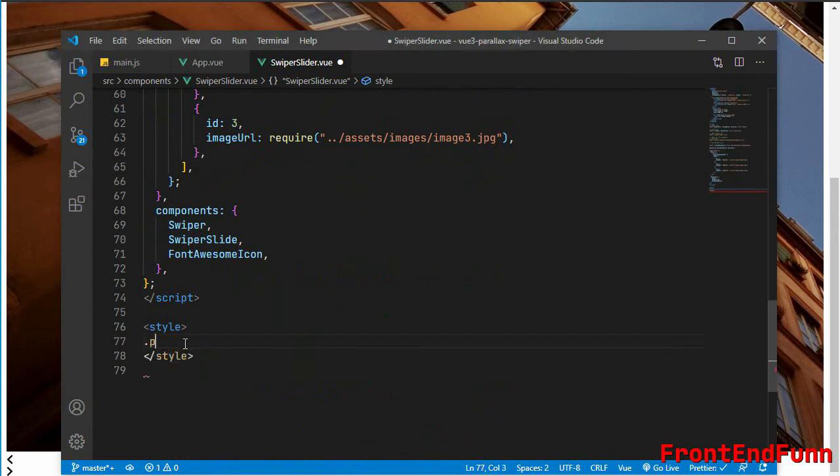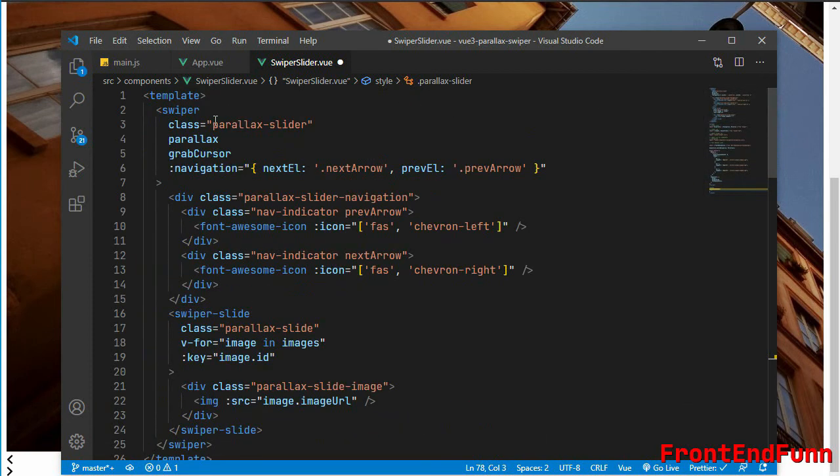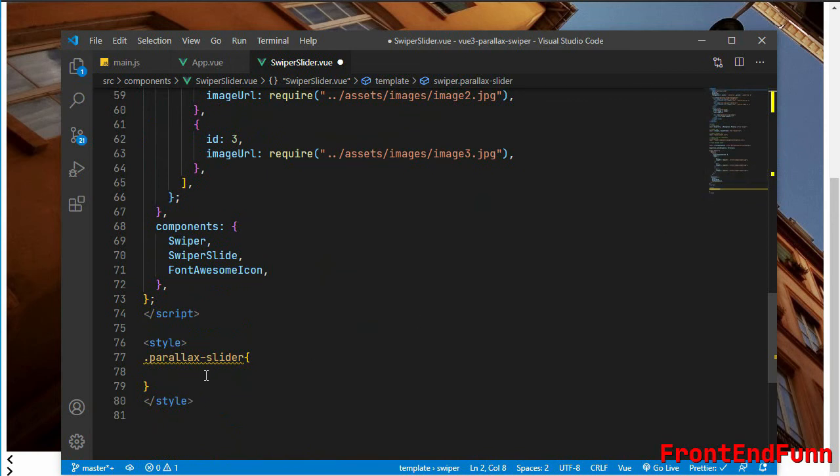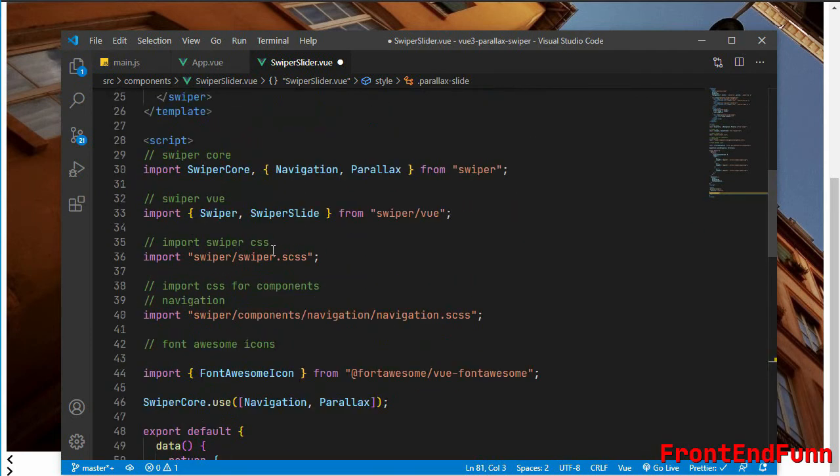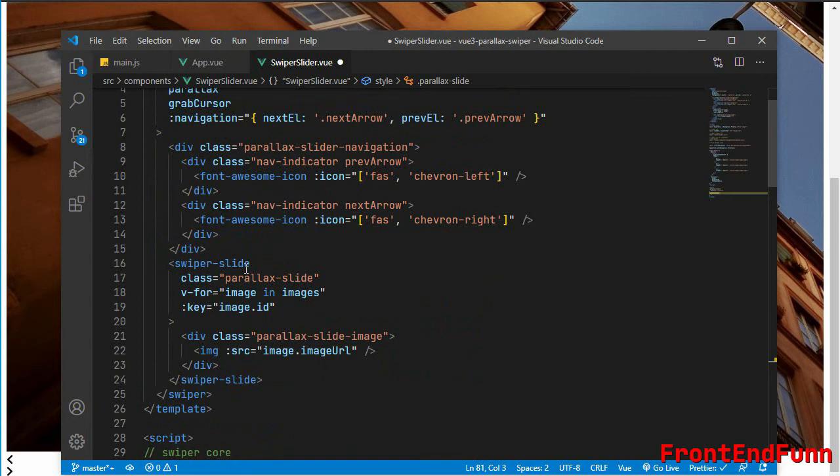So first we'll set the parallax slider. This is the swiper, the parallax slider is a swiper here. We'll set the position to relative. And parallax slide is the swiper slide, so an individual slide will be parallax slide here.